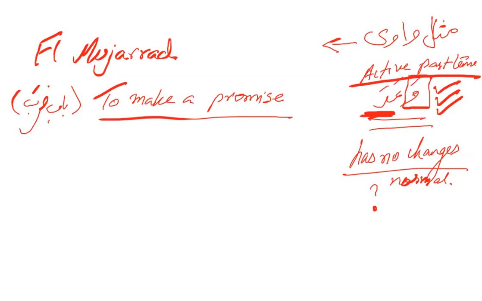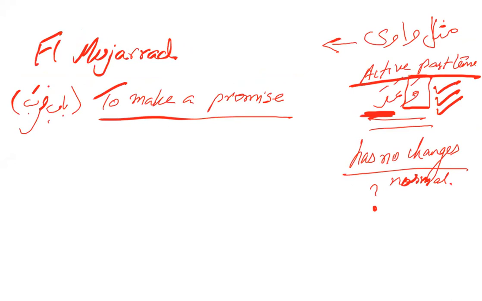Excellent. So you see all the changes are coming at the end. So they are not changed. There's no special mixing of the letters or changing of the letters, nothing of the sort. So active past tense in Mithal Wawi is completely normal. There are no changes. Okay. Now, we know it is from Bab Daraba.